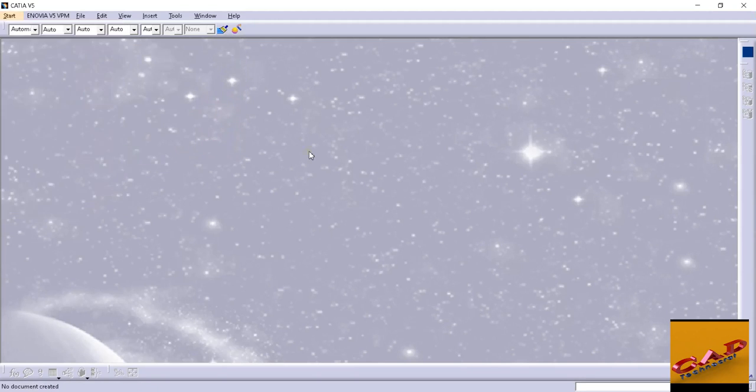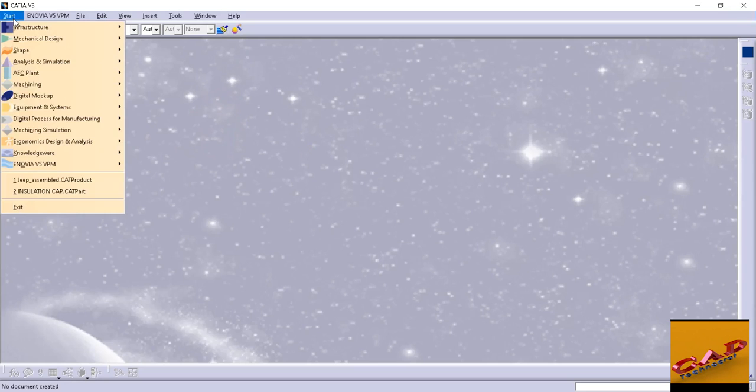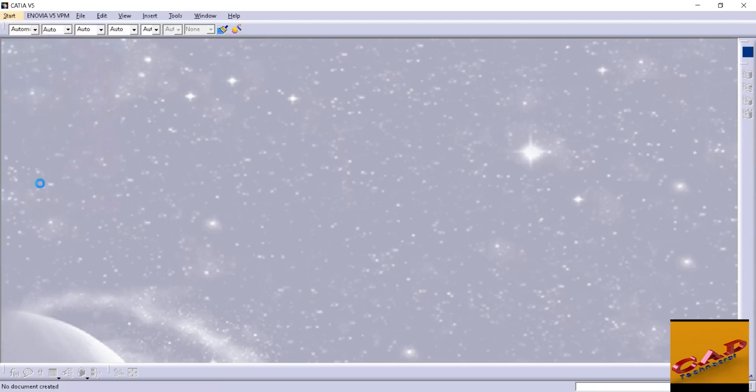Let's start. I will click on the Start button. Then you can see there are some files here. These are the files which I recently opened in this software. If you want to open your recent file again, which you used or created, you just click on it, and if I click on this, my recently used file will open.